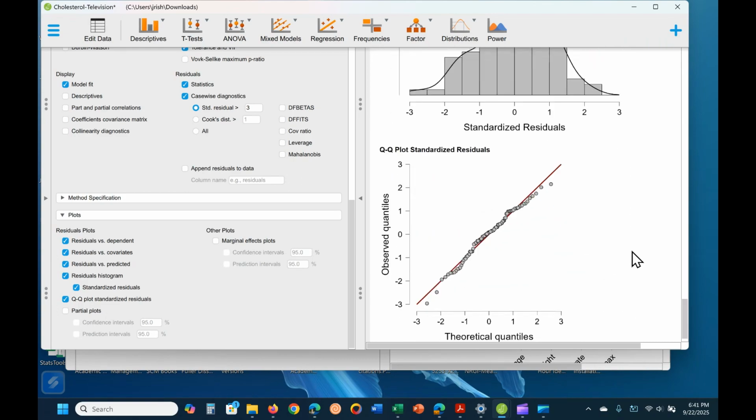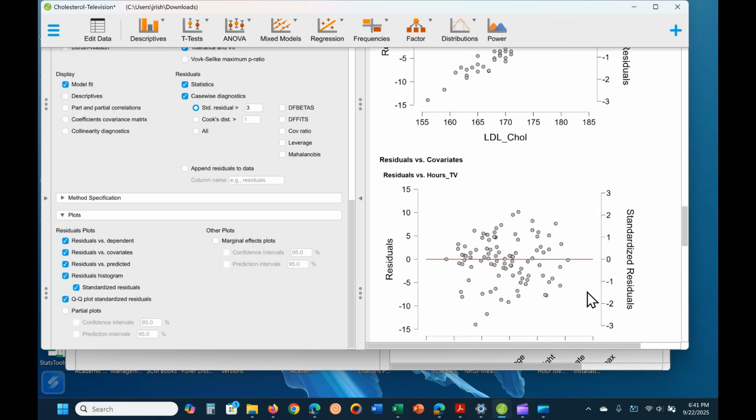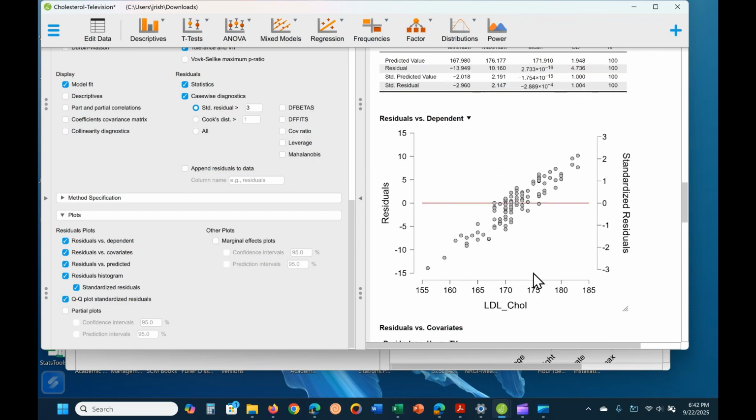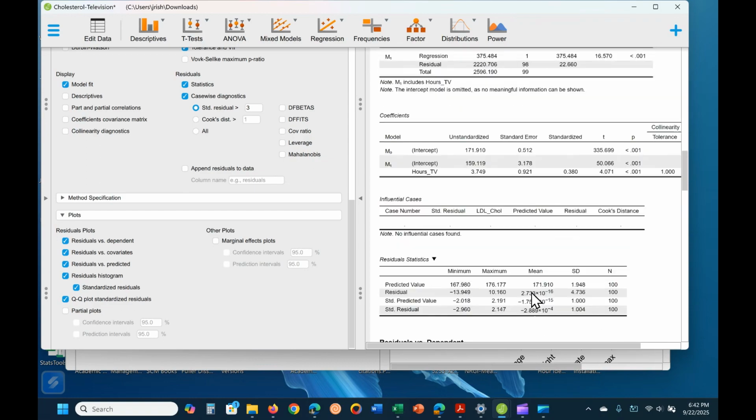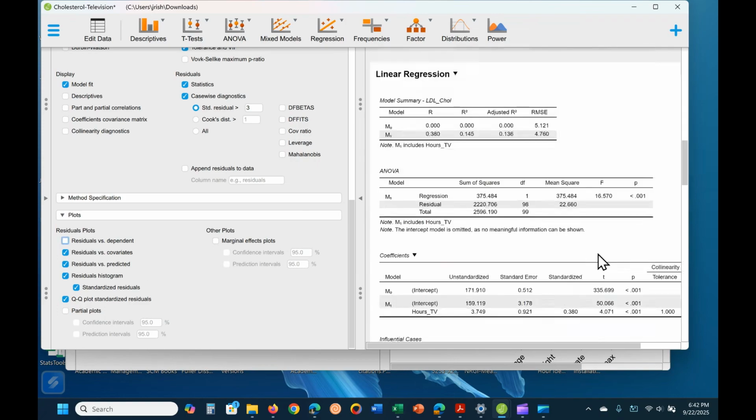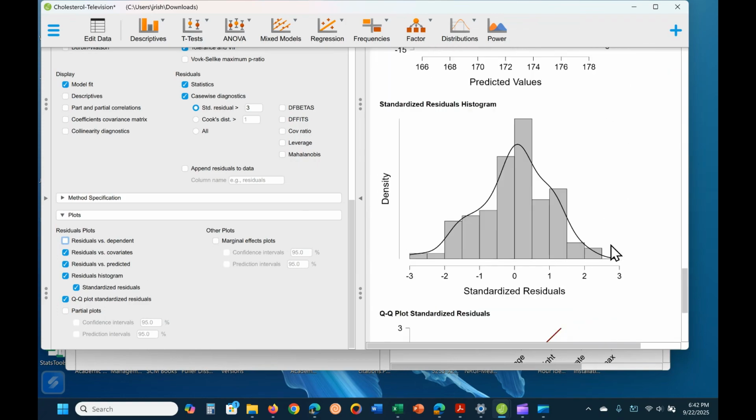There, that's your residuals. They're standardized. That looks good. It looks like the residuals are perfectly correlated, but this is supposed to be kind of